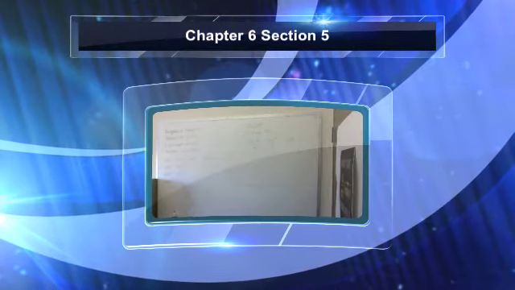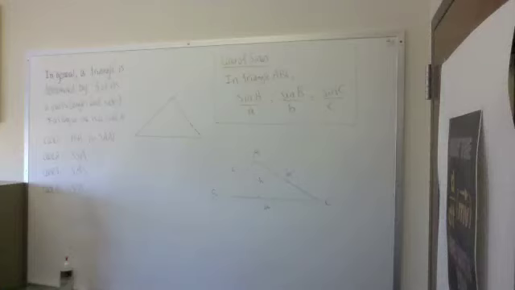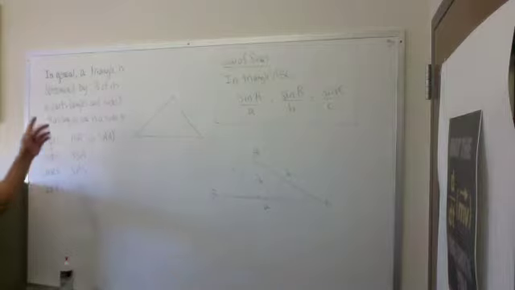Right, so we're working on 6.5 right now. We're talking about the law of sines. What we're going to do here, guys, is first, in general, a triangle is determined by 3 of its 6